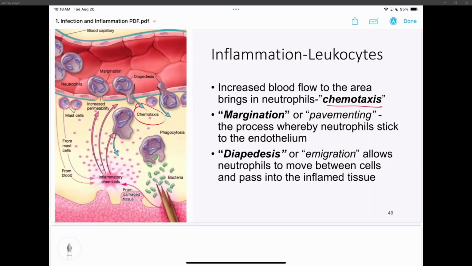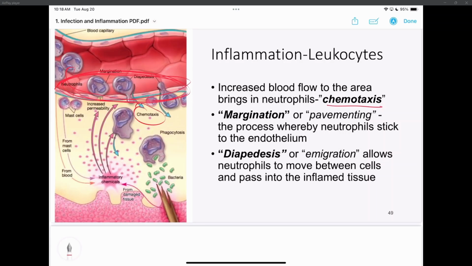Next, you get this margination or pavementing. What happens is all these white blood cells start to line up against the vascular wall, and they're waiting to get pulled into the interstitial space to do their job there with the infection. The next thing that happens is those white blood cells have to get into the interstitial space, and the